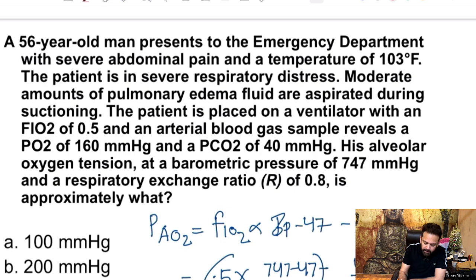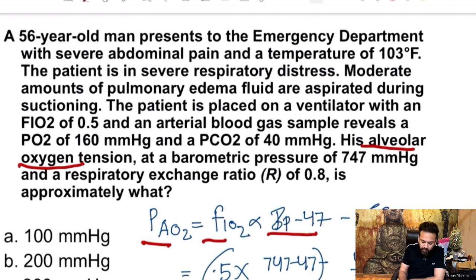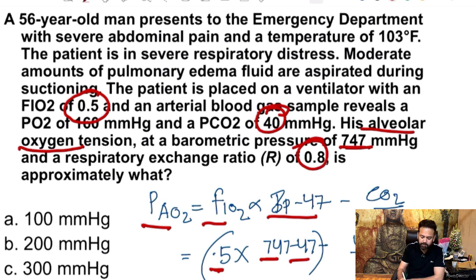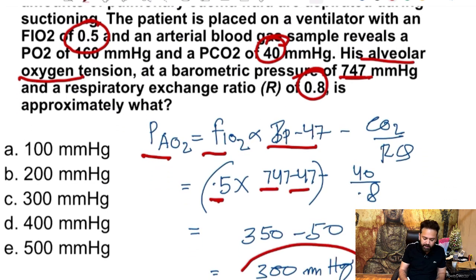Again they are asking for alveolar oxygen tension, I mean PAO2 is equal to FiO2 into barometric minus 47 minus CO2 upon RQ. FiO2 they have given, because the patient is on ventilator, they have given 0.5, I mean 50%, normally it is 21%, so it is 0.5. Barometric pressure 747, and you can see here it is given, and water vapor is always 47, minus CO2 is how much, 40, and RQ is 0.8. So you calculate, it becomes 300 mm of Hg. See, only the basic formula they are using.